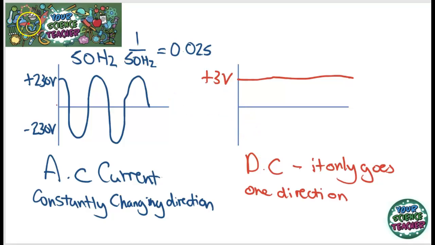Of course, we do use DC current in many different appliances, such as your mobile phone. Your mobile phone will have a battery in it. So when you charge up that battery, out of that battery comes direct current. So direct current is incredibly useful in thousands of different appliances. But unfortunately, it did not win the electricity war between Edison and Tesla. AC current is what we do use in our homes and what comes out of our plug sockets.